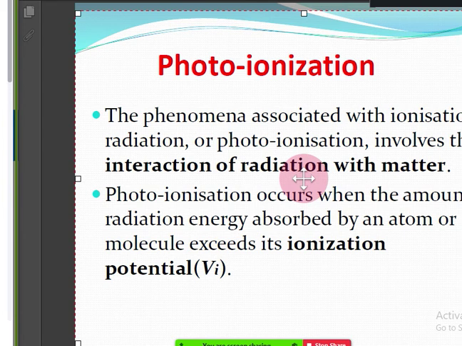But for photoionization, a few conditions have to be satisfied. Immediately when the light falls, the atom won't ionize. The wavelength and energy should be enough for the ionization to take place. We'll see those things here. In simple terms, photoionization means that because of the absorption of energy, light or photons, the atoms get excited and electrons come out from the atoms, thereby creating electrons and ions. That is called photoionization. So look at the point here.